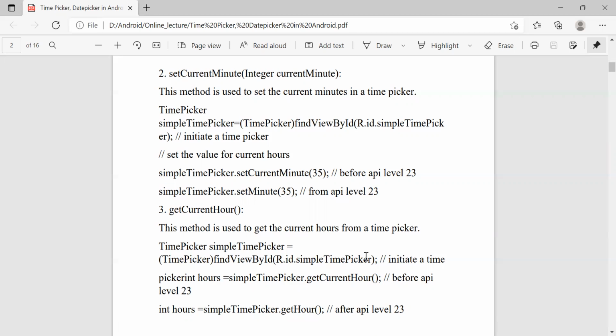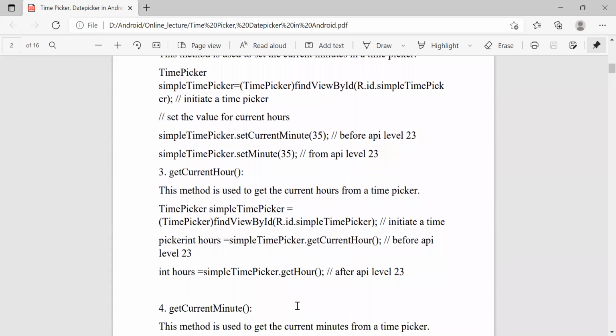The word picker is a mismatch here. We have to use int hours, which is equal to simpleTimePicker.getCurrentHour for before API 23, and after API 23 we use the getHour method.